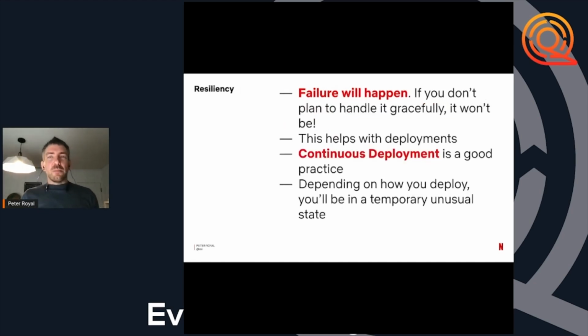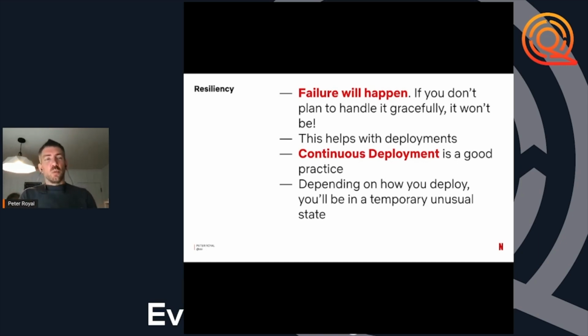The next one is thinking about resiliency, where failure is going to happen. Because as we've moved to these more virtualized environments, things fail. And if you don't deal with it gracefully, it's probably not going to happen gracefully. And for our business applications, the scope of the failure might be more controlled.